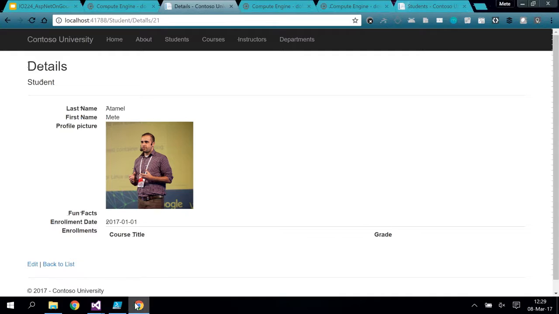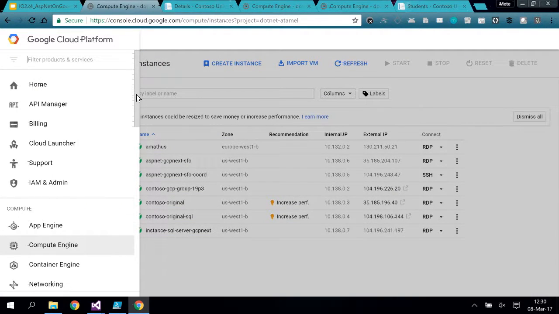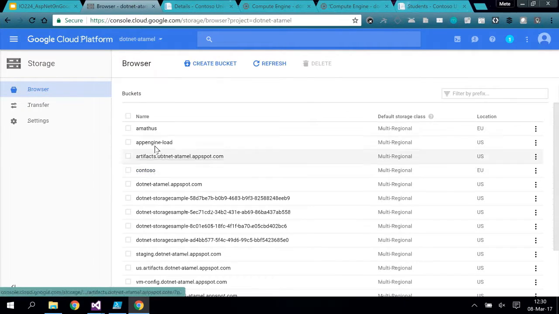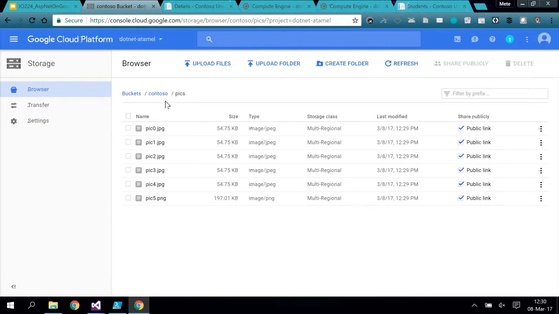And if we go back to our console and go to cloud storage, I have a bunch of buckets for all my projects, but the one I care about is called Contoso. I click here, and you can see that the folder is already uploaded with a bunch of pictures, and I can change my code so that it refers to these pictures and just use them.